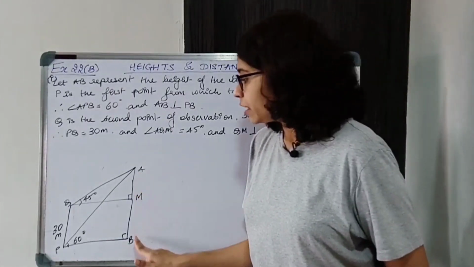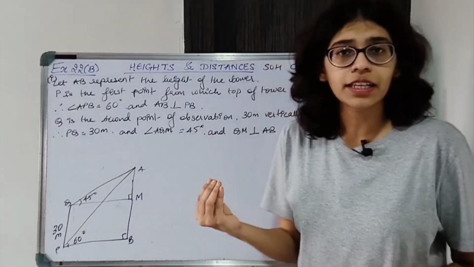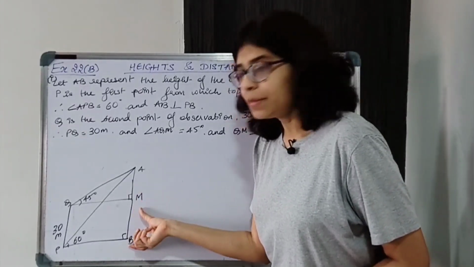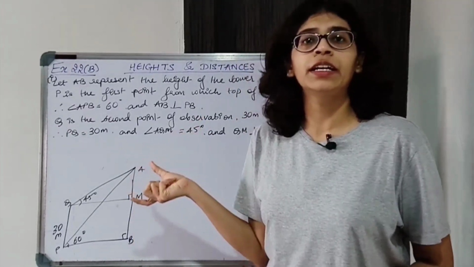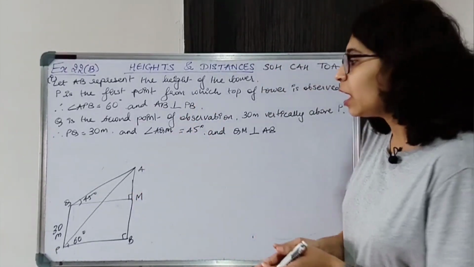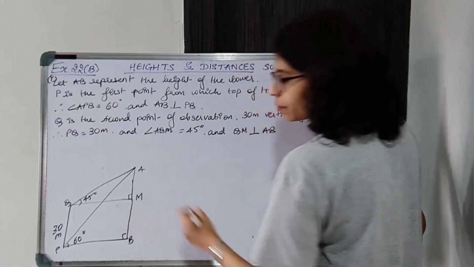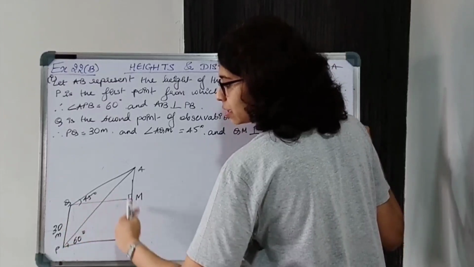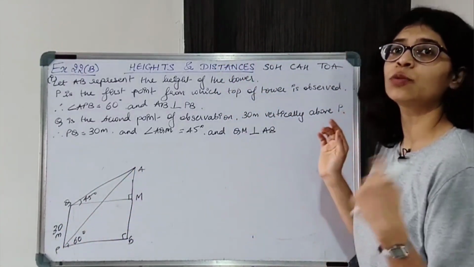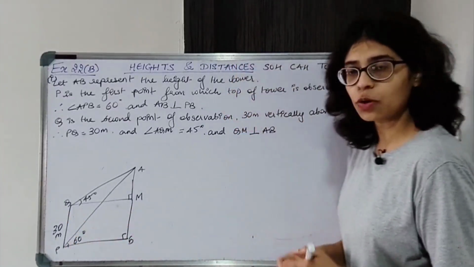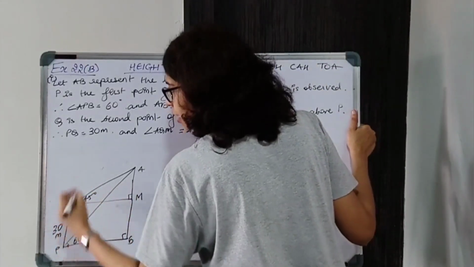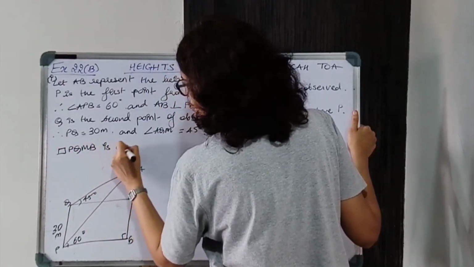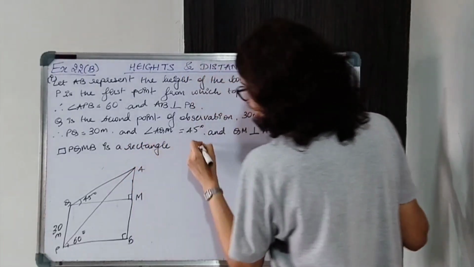Now we need to find the height of the tower. Height of the tower find करने के लिए what we are going to do, directly नहीं मिलने वाला है. ओके, सो MB और AM दोनों find करना है and then we are going to add. All right, now MB तो हम लोग को पता है. MB is 30 meters because this is a part of this rectangle and in a rectangle opposite sides are equal, so MB is equal to PQ. Okay, so we'll start with this rectangle. Quadrilateral PQMB is a rectangle. Start with this and give reason from the figure.